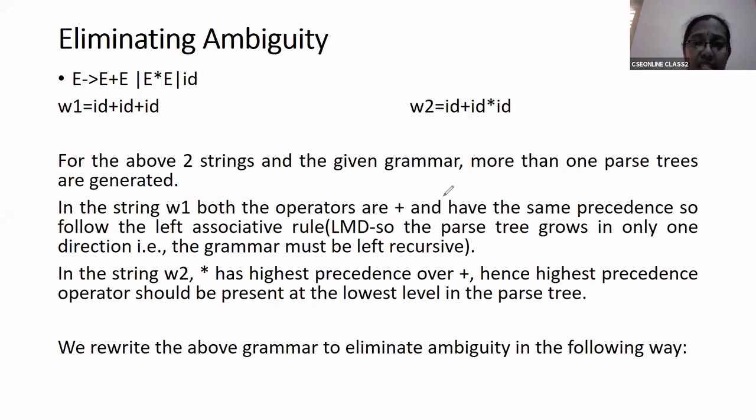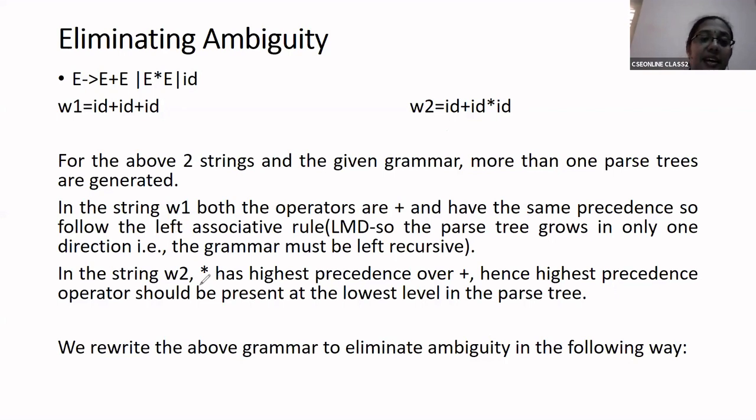Are you solving the first problem? That is, if you have the same precedence. And coming to the second problem, you have to solve the problem when there are higher precedence operators. If you check the string W2 is equal to ID plus ID into ID, which operator has the highest precedence? Star. Multiplication, right? So when you impose a rule that the operator with highest precedence has to be evaluated first, how many parse trees will you get? Only one parse tree. Now are you not eliminating ambiguity again? Yes, ma'am, this is the second rule by which you are eliminating the ambiguity.